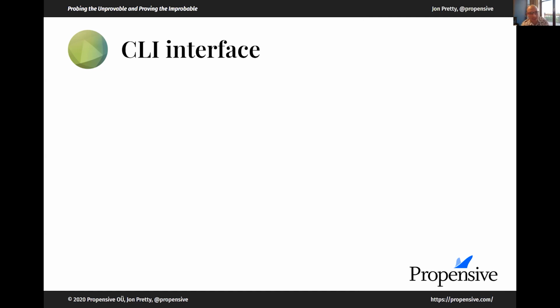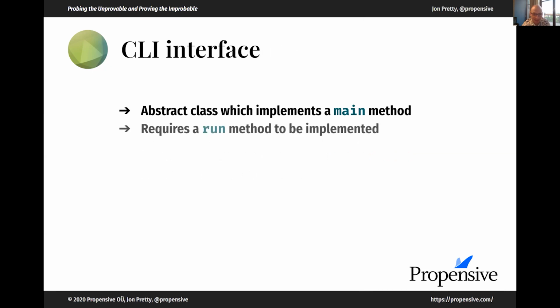There's also a command line interface for invoking these very easily. It's an abstract class which has a main method. You have to implement a run method. That run method as a parameter gives you the test runner. So this parameter here, which is conventionally called test, but you can call it something else if you wanted to.